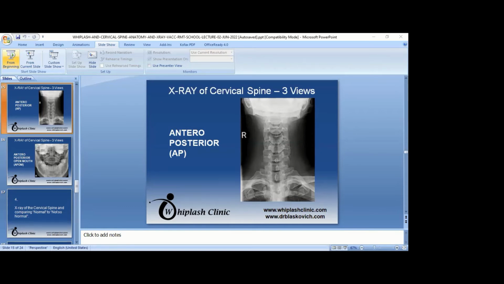So without further ado, thanks for having me. The topic today, this was a little bit by consensus and a little bit by my own biased preference, is going to be a review of cervical spine bony anatomy and an overview of viewing the cervical spine using X-ray. As some of you may know, I use X-ray in my clinic, but it's not standard X-ray. It is a motion X-ray or video fluoroscopy, which I will show at the very end of this presentation as a teaser,